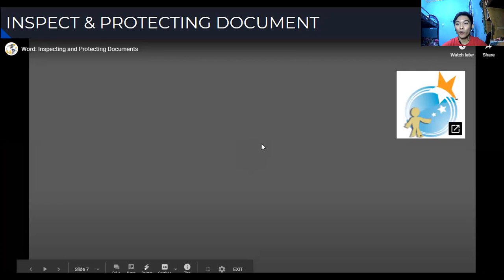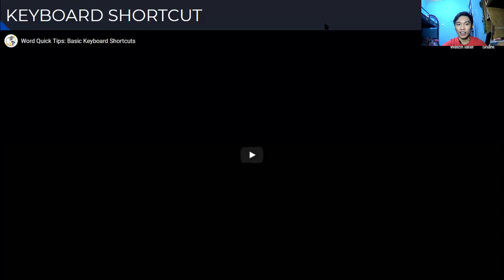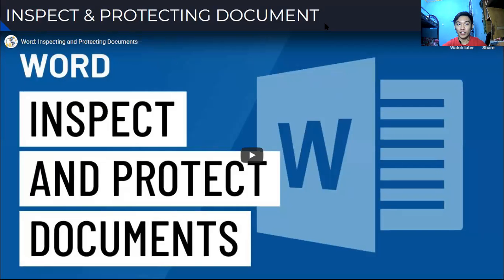Okay, class, that is for the inspect and protecting document. So it is very important that we inspect and also protect our document once it is final, so that no more changes will happen and to avoid accidents where some information that is already there gets deleted by other people. So by doing this, this is a very important feature, especially for your research or your assignment. So that is the inspect and protecting document. So let's move on to the